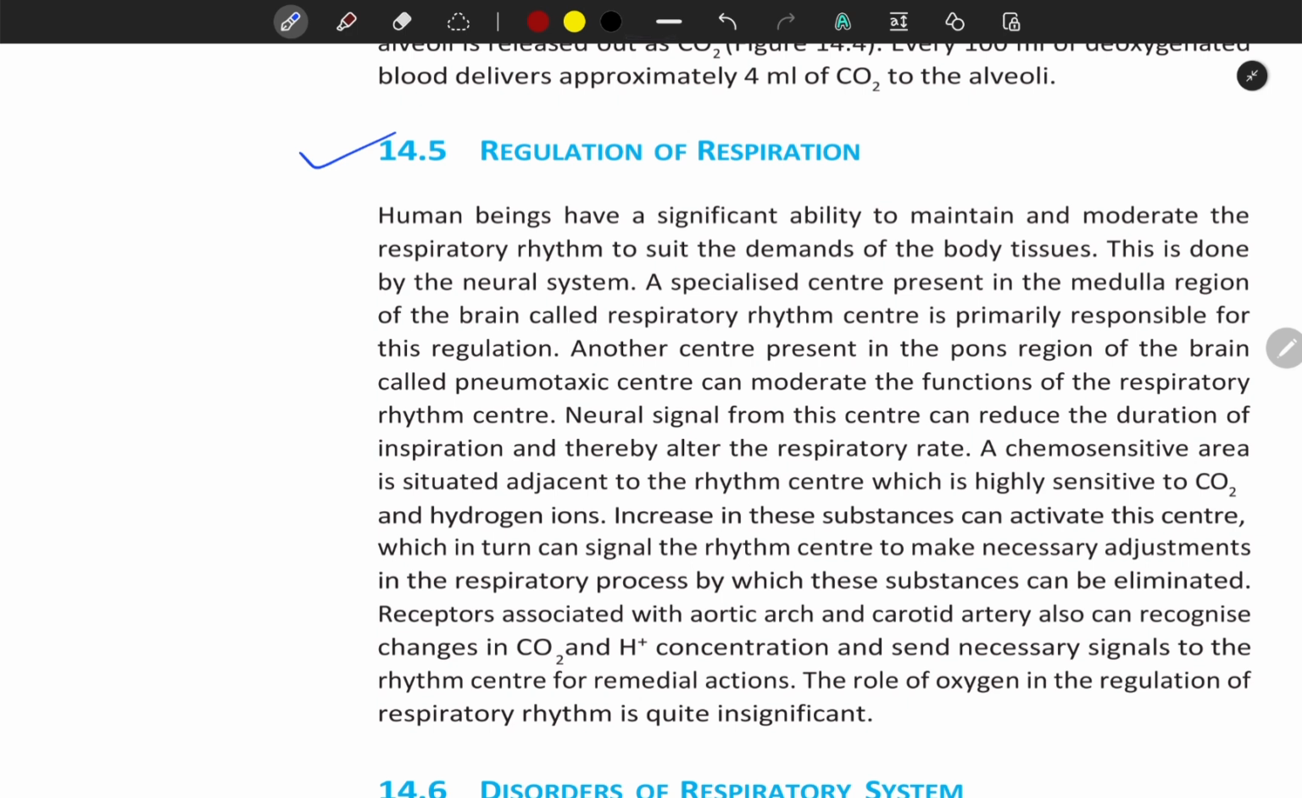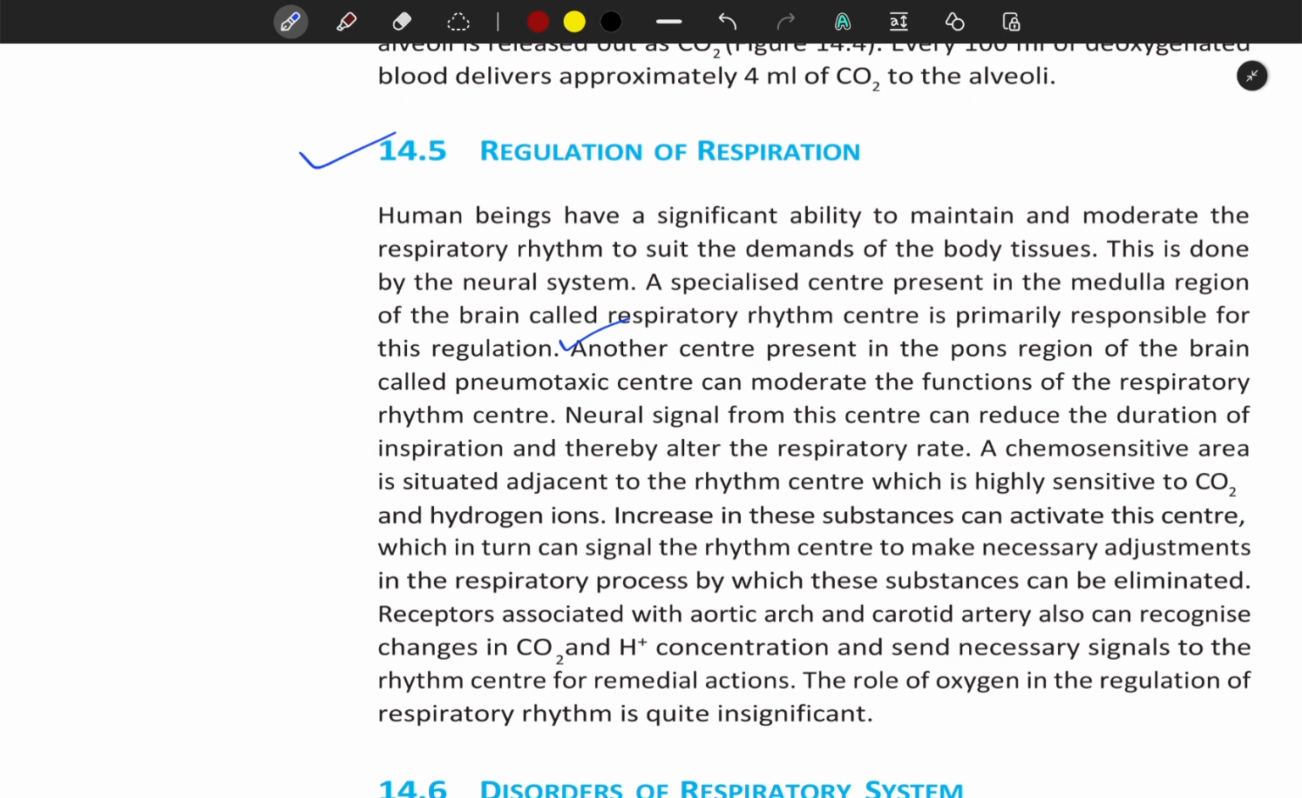Human beings have a significant ability to maintain and moderate the respiratory rhythm to suit the demands of the body tissues. This is done by the neural system. A specialized center present in the medulla region of the brain, called the respiratory rhythm center, is primarily responsible for this regulation. Another center present in the pons region of the brain, called the pneumotaxic center, can moderate the functions of the